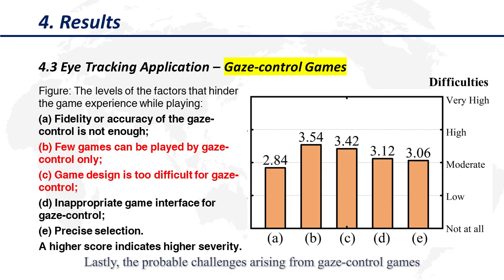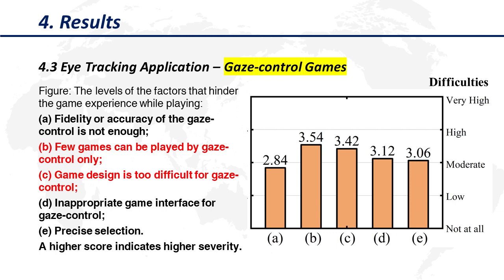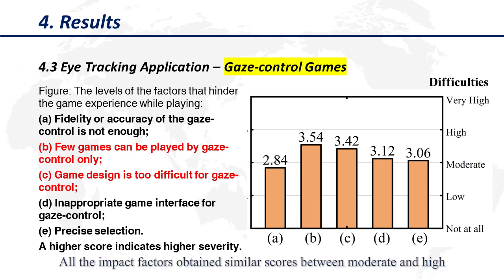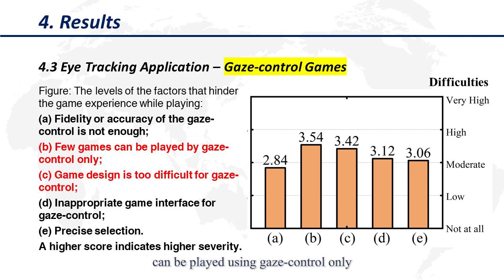Lastly, the probable challenges arising from gaze control games were investigated in detail. All the impact factors obtained similar scores between moderate and high. The effect factor with the highest score reveals few games can be played using gaze control only. The factor that game design is too difficult for gaze control is the second most significant issue with a high score. Inappropriate game interface and the difficulties with precise selection are other 2 negative factors that result in scores that are